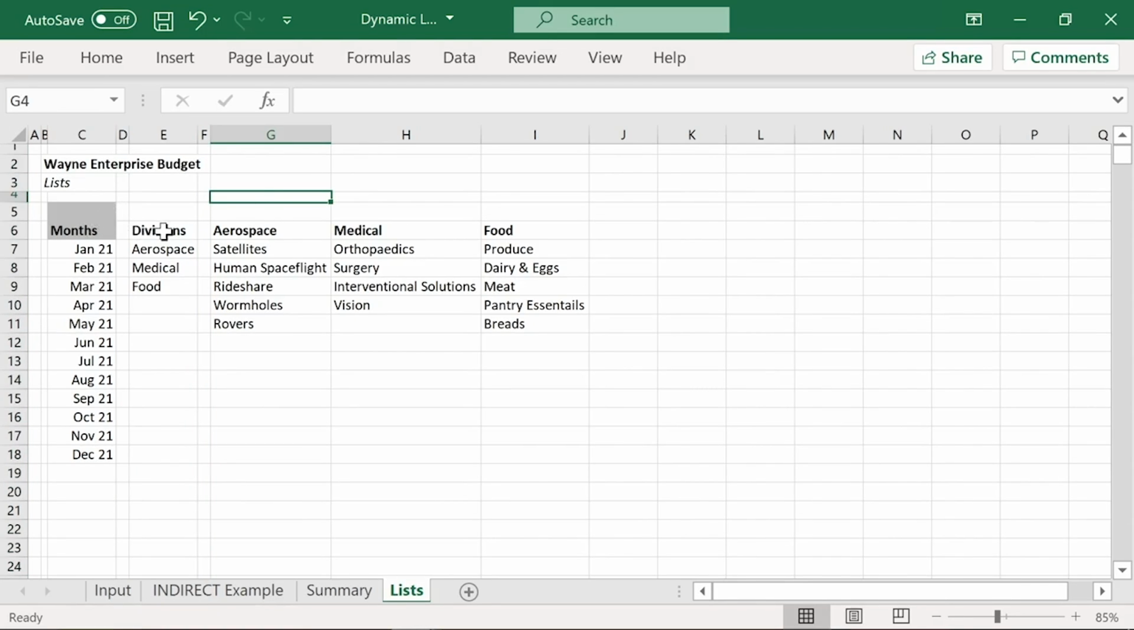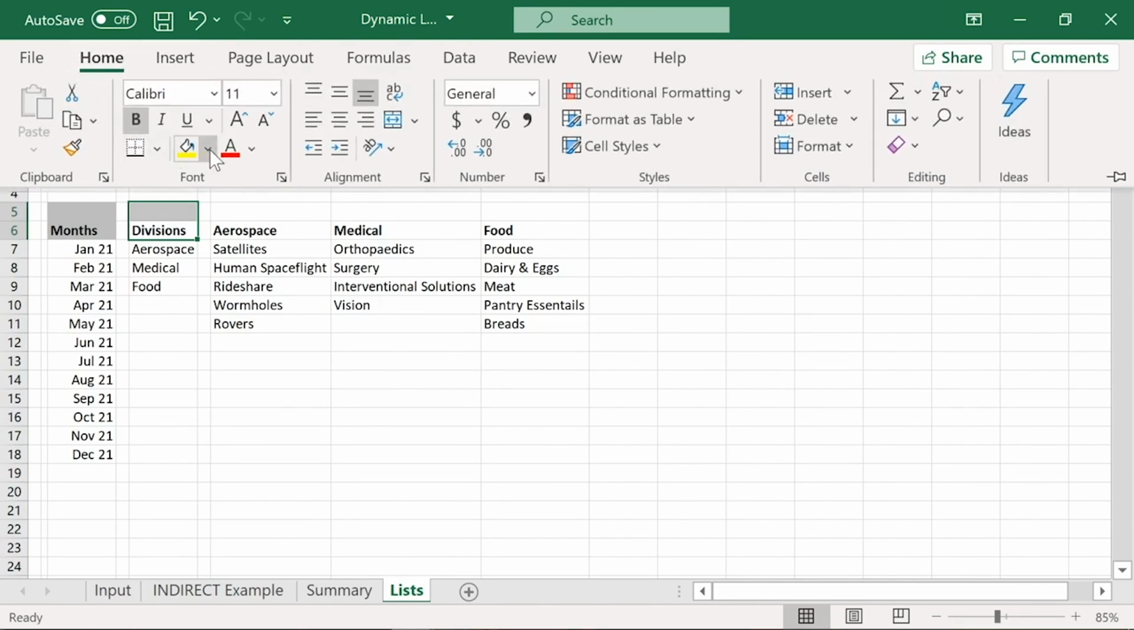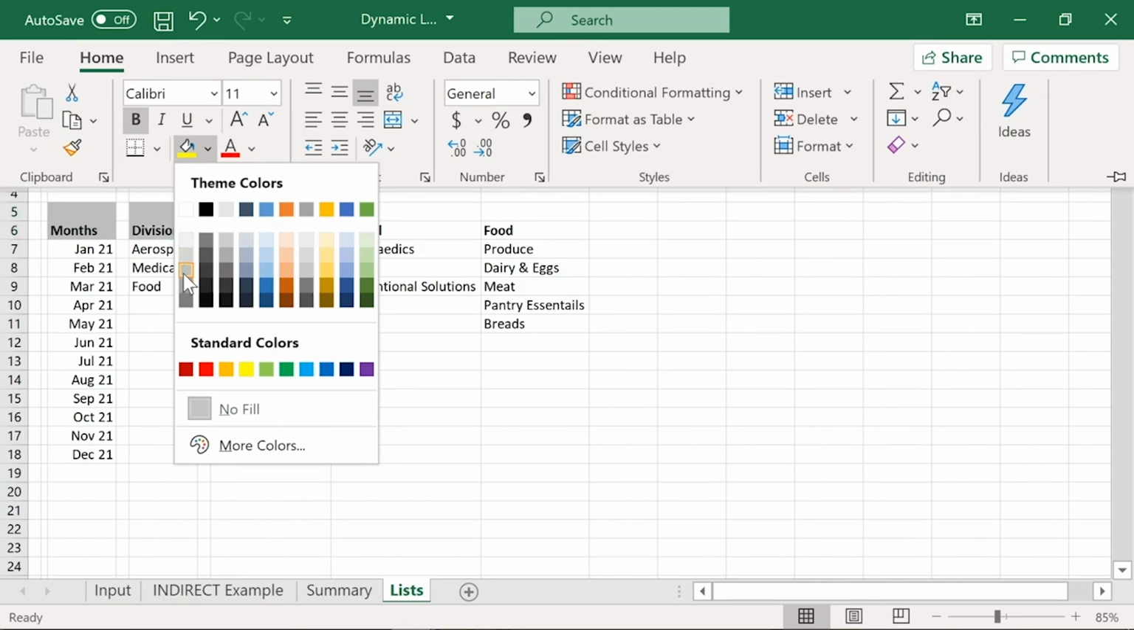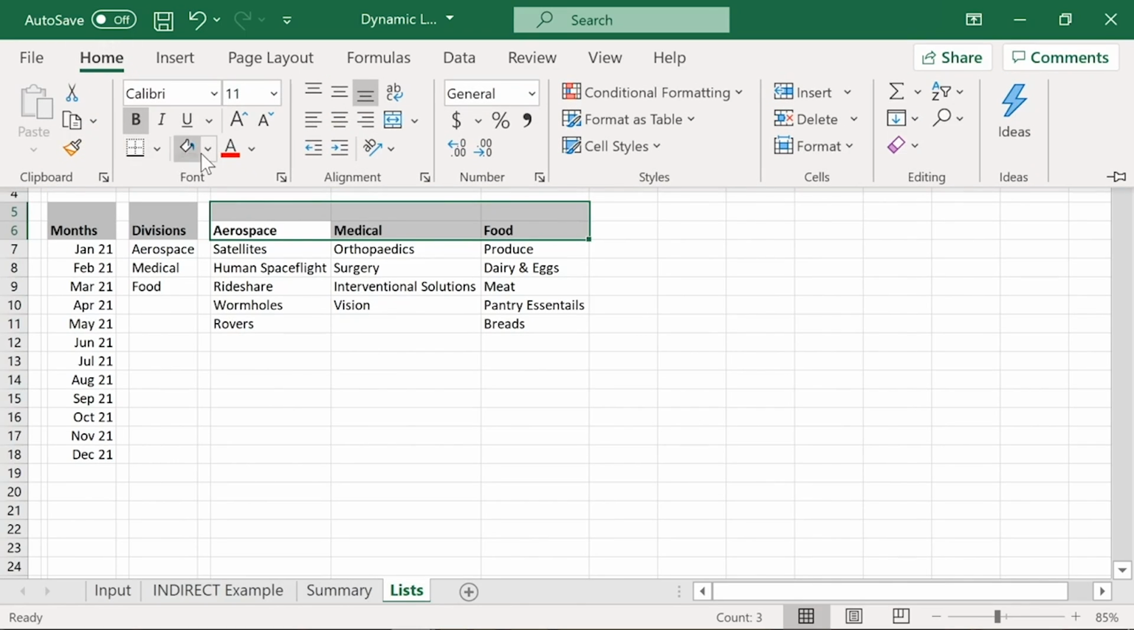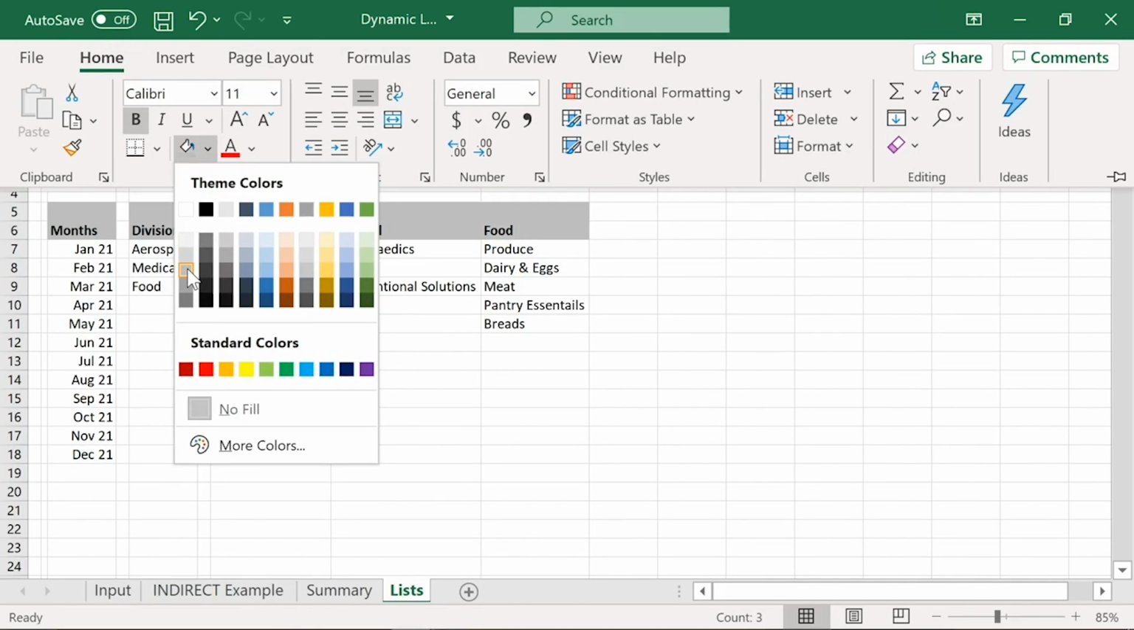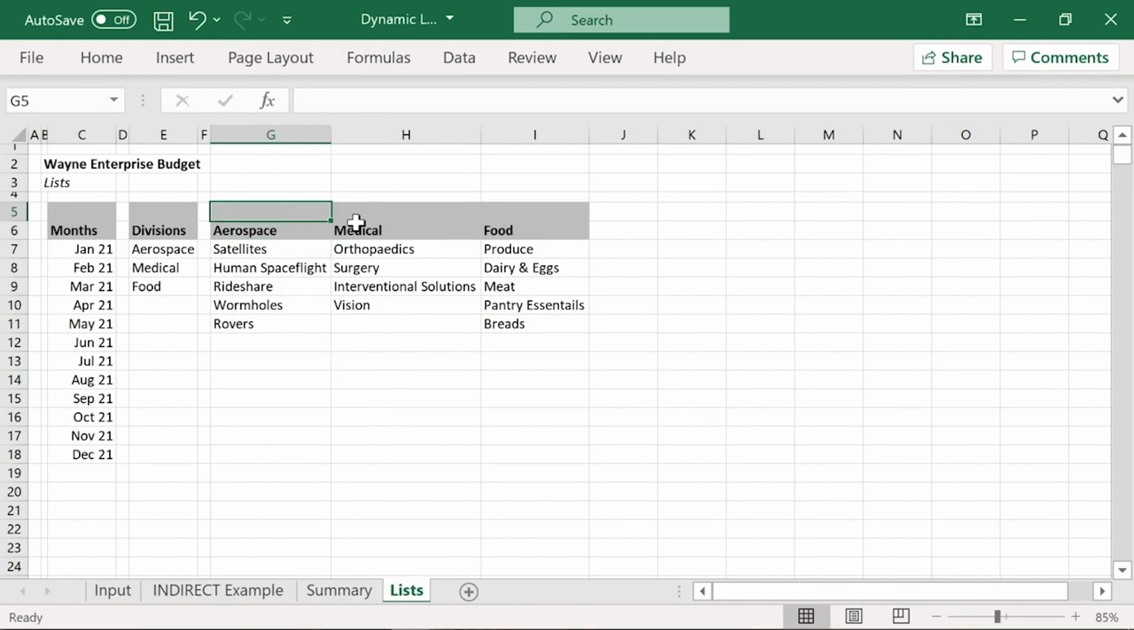Similar to the months column, I'll highlight the divisions header, and I'll just make that kind of a darker gray. And then similarly, I'll highlight the headers for the segments. Again, I'll use that kind of darker gray. And I'll write segments over here